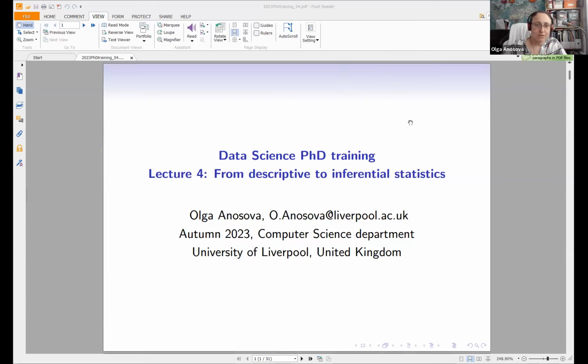So welcome everybody to the next lecture of PhD training in data science. And today we are continuing the trend of dealing with very simple things in statistics, because statistics is seen as the very basic of data science, as well as machine learning. Many machine learning methods essentially stem from statistical methods. And big data naturally requires lots of statistics. So we still continue with the basics.